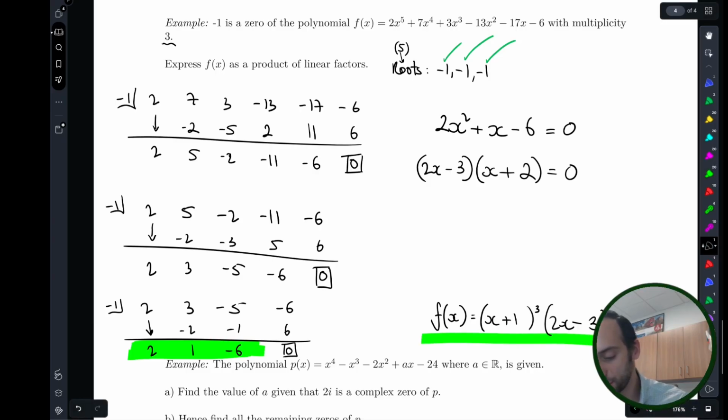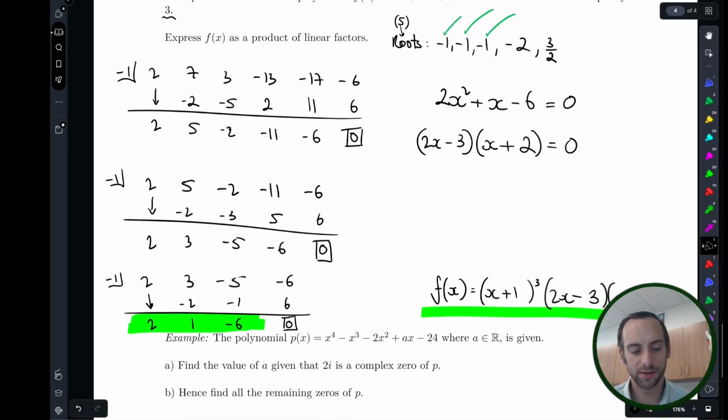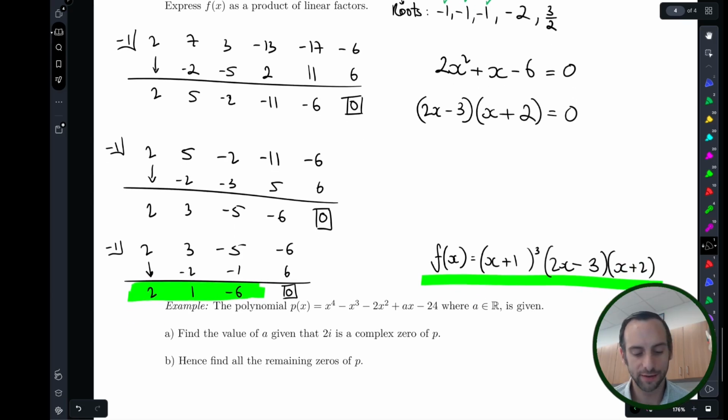If they asked us for the roots, we can actually complete all the roots. The remaining roots would be negative 2 and 3/2 as well if they needed that. Okay? But they actually just wanted the factored form, so we can give them that answer nice and simply here. So make sure you're up to date on your synthetic division, a good tool to have in your tool bag